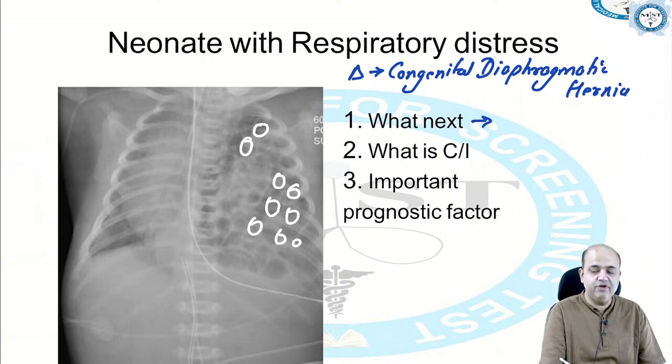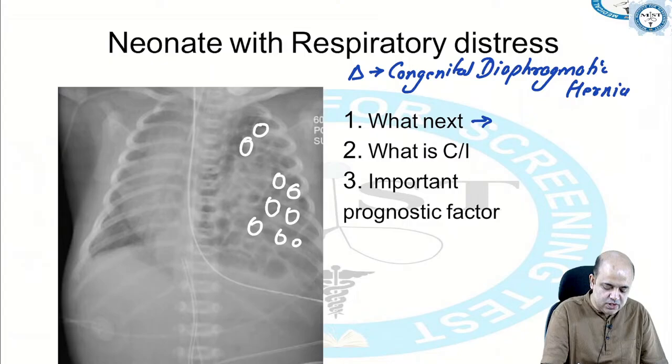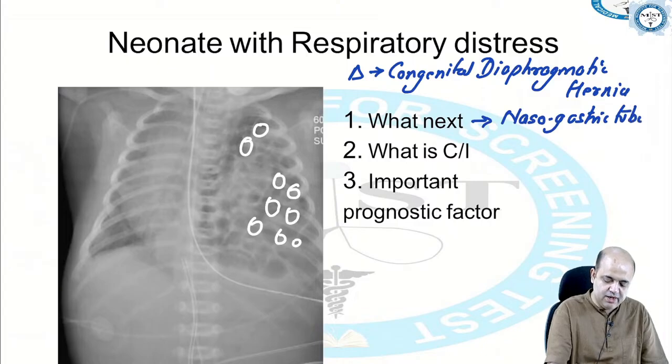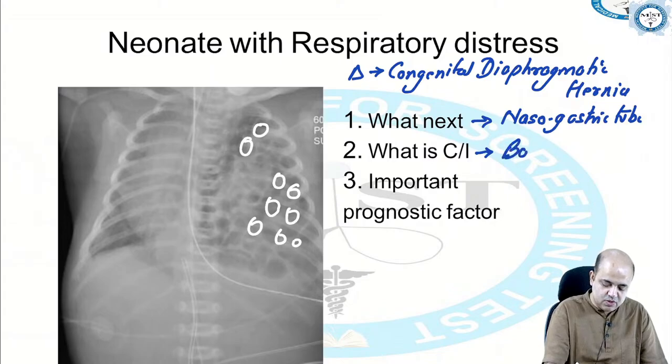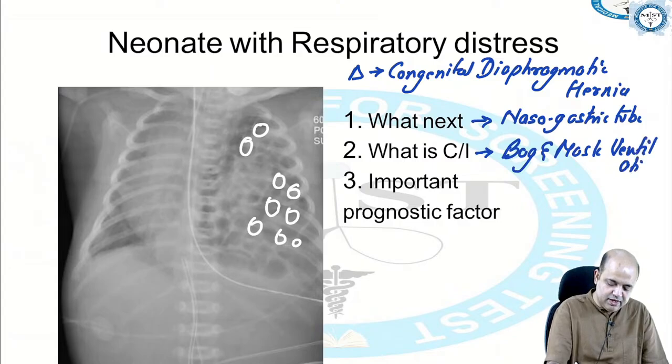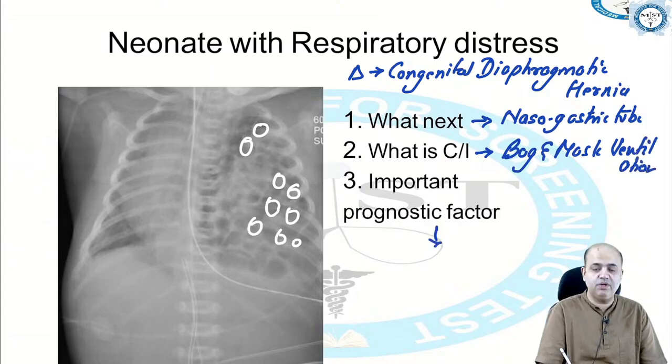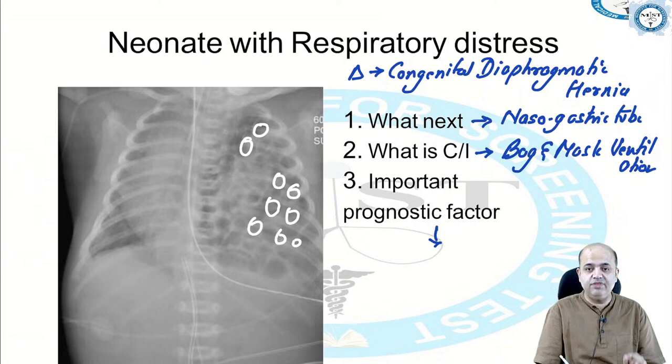The next thing that we need to do is to decompress the stomach. To decompress the stomach, we use the nasogastric tube. Bag and mask ventilation is contraindicated in such patients. And the most important prognostic factor in congenital diaphragmatic hernia is the degree